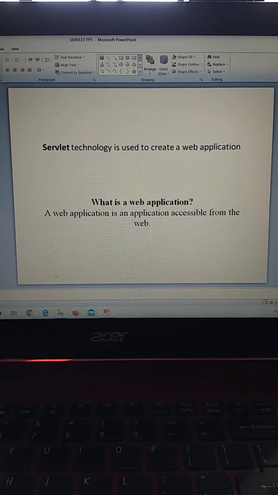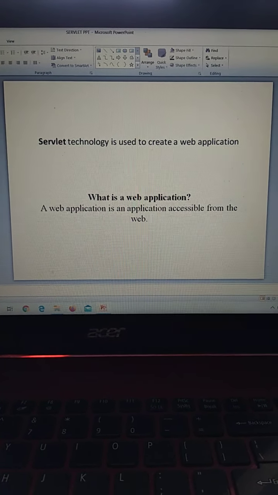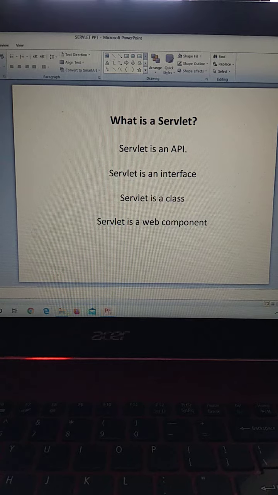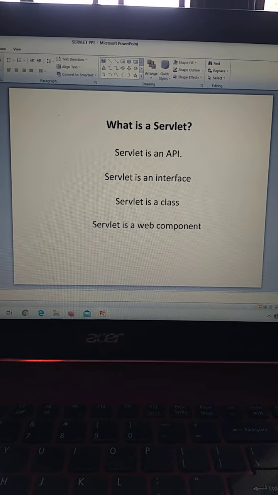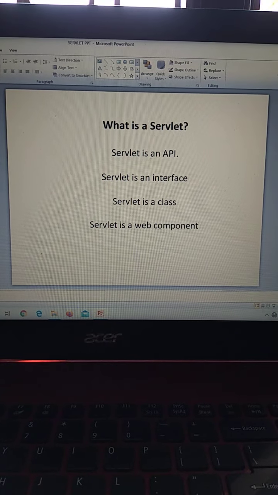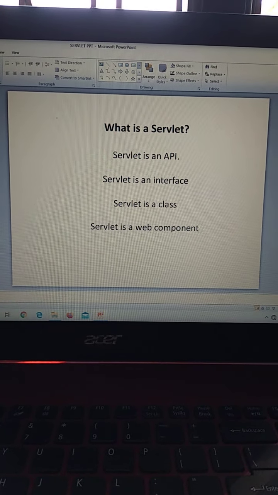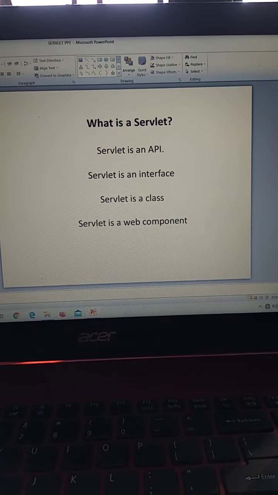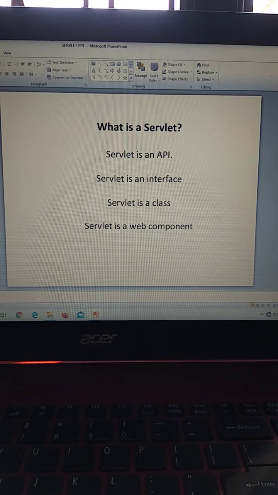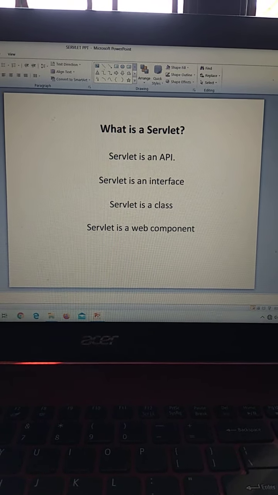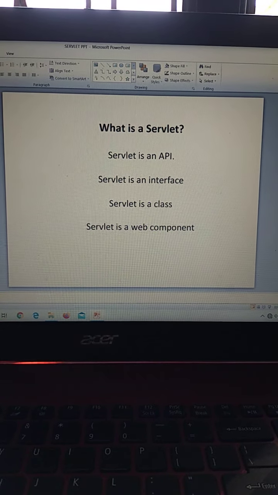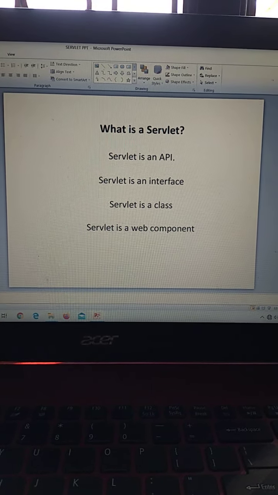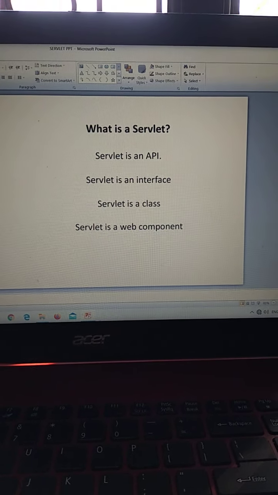Next we see what is servlet. The servlet is an API, application programming interface, that provides many interfaces and classes including documentation. The servlet is an interface that must be implemented for creating any servlet. The servlet is a class that extends the capabilities of the servers and responds to the incoming request.